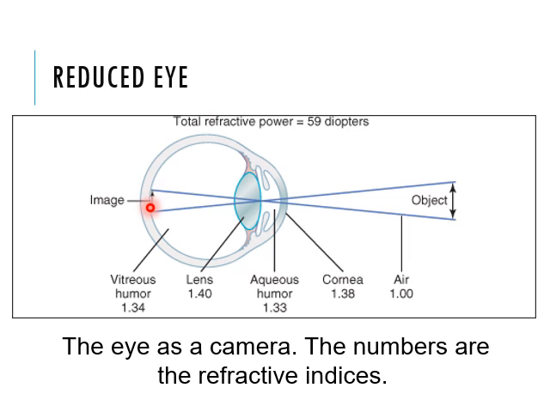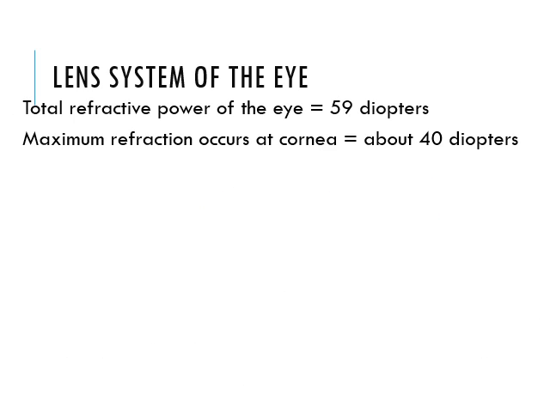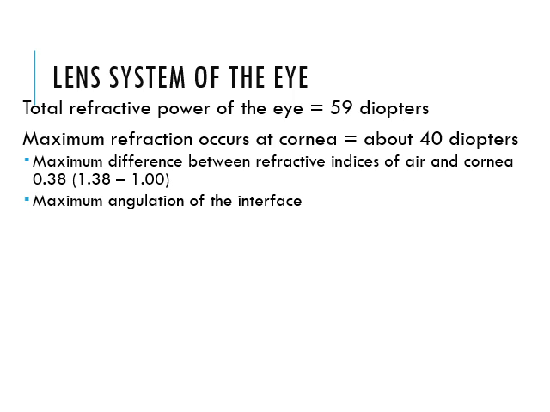The image usually forms right on the spot on the retina. So these are the four interfaces through which the light rays are passing, and they have to pass through it. And if we calculate all of them, it is called a reduced eye, if we add up all of these refractive powers. Now the lens system of the eye, as we just went through it, the refractive power is a total of